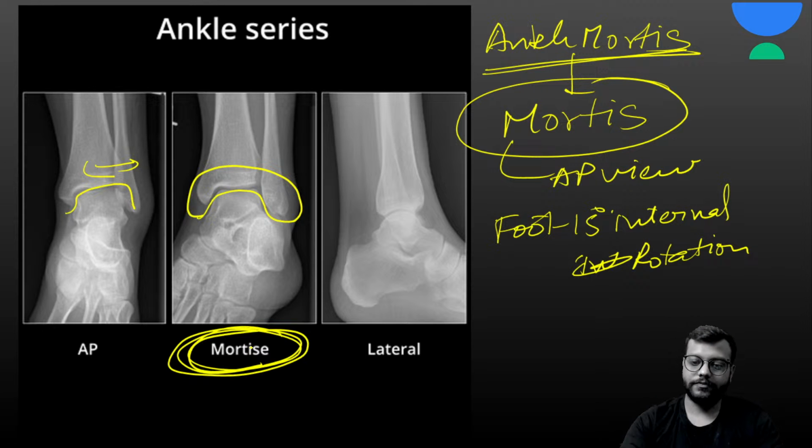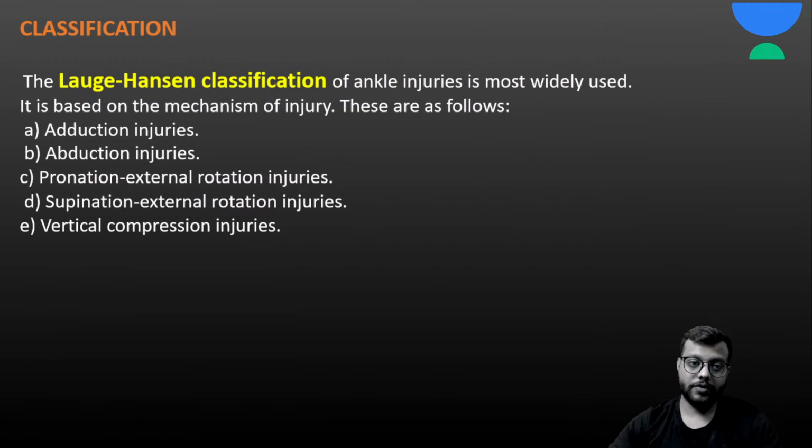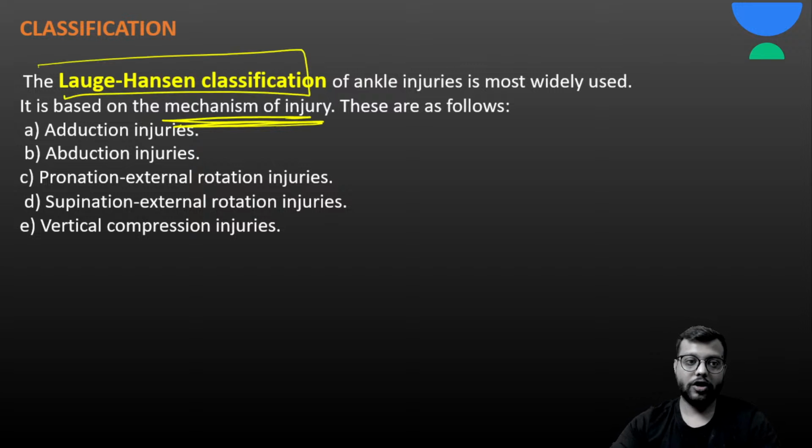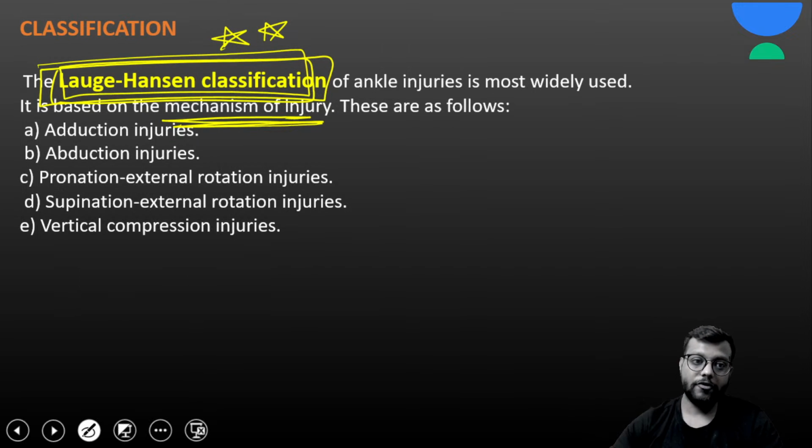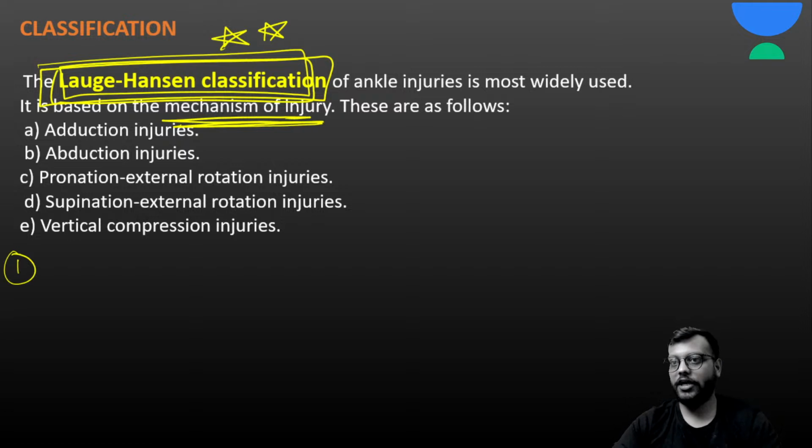Remember this thing. Okay, now in ankle injuries you have a classification based on the cause of the injury, or the position of the foot at the time of injury, and whether the injury occurred in rotation, inversion or external rotation, based on the mechanism of the injury. And you just need to remember the name, and the name is Lauge-Hansen classification. Okay, and the name is the Lauge-Hansen classification. Remember the name. Now in this, first is your adduction injury, in which adduction or inversion occurs.